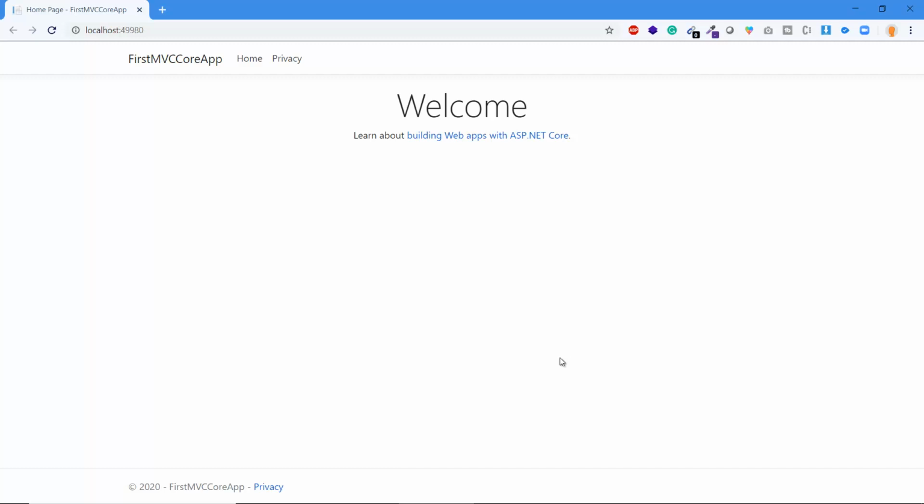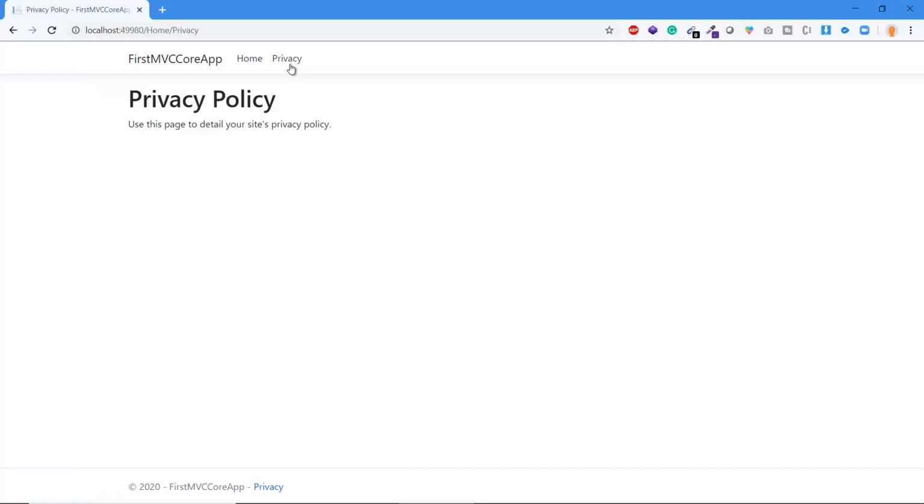Let's test this application. If I click on this, you can see that we got the home page. Let's click on this home. These two links are targeting a single page, which is why there is no change in this page. But we have one more link, which is privacy. Let's click on this one. Now you can see the URL has been updated in the browser as well as the content of this website. So we have a very nice application over here.